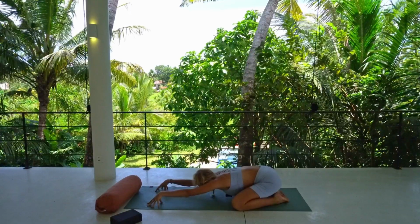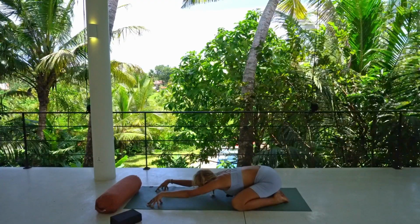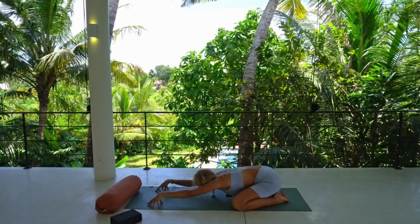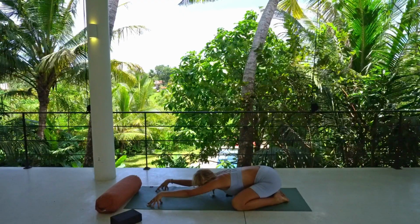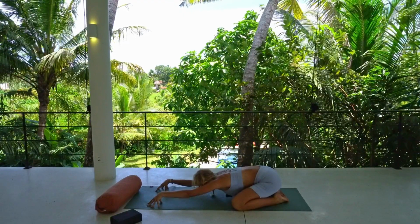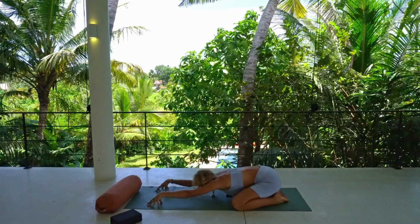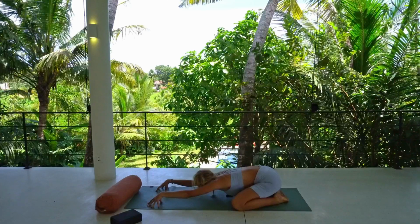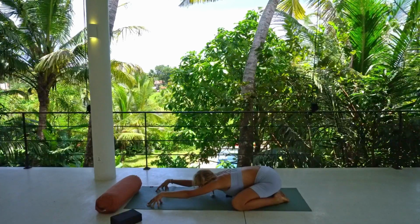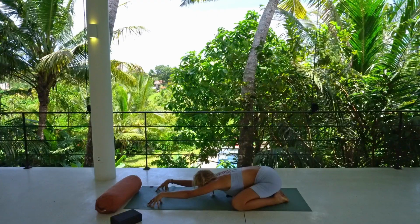In our child's pose, always a reminder that here on our mat is a safe space to practice, and to dedicate the practice for your well-being, for strengthening the relationship with yourself. Without any expectations on the body, any expectations on the postures or the practice. And so we're here to bring our body in those different shapes, those different postures, to see how the body